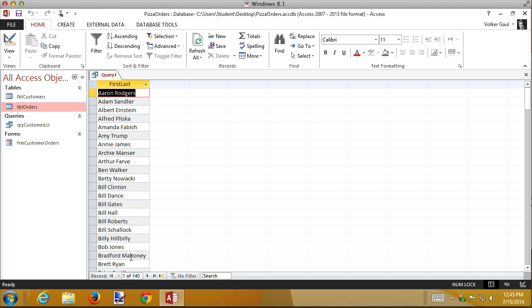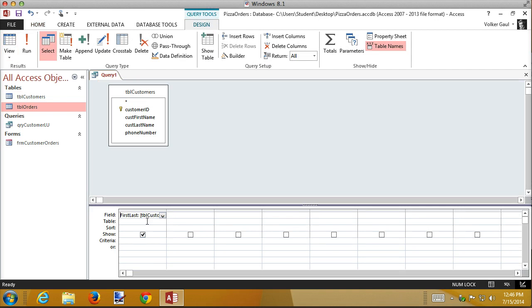However, everything is sorted by first name. Actually, it's sorted by first last, so effectively it's sorted by first name. What if I want these sorted by last name? Can't do anything to the first last field because that's concatenated first last name. So what I need to do to sort by last name and then by first name, in case there's a tie, is bring them in as separate fields. So I'm going to double click them up here, add it as a field, double click it here, add it as a field,